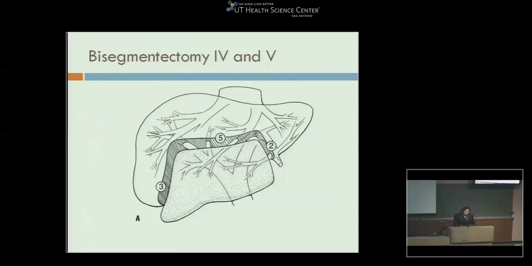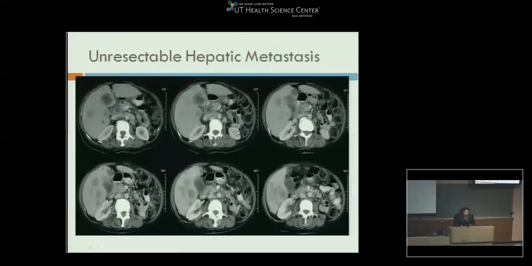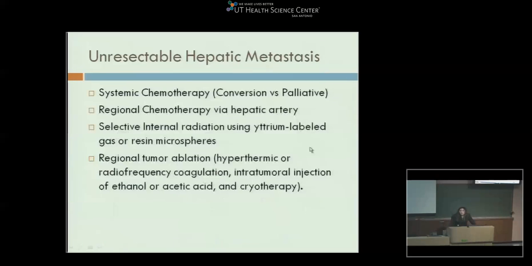Now let's talk about unresectable hepatic metastases, like this CT scan right here. In the case of unresectable hepatic metastases, systemic chemotherapy is the way to go. Now, there's 2 different pathways you can take, even with chemotherapy. One is conversion therapy, and one is palliative. And this is depending upon the fact if you think that the patient can convert from being